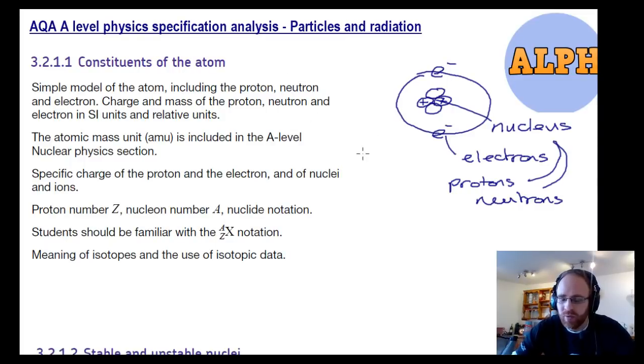So in terms of relative charges and masses. Protons have a charge +1 and a mass +1. Neutrons,